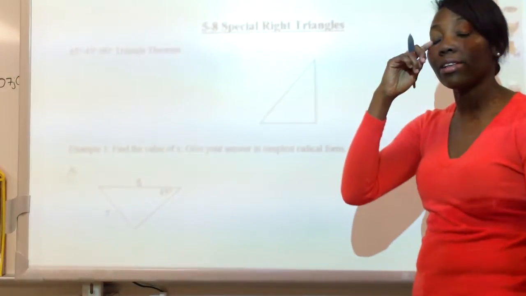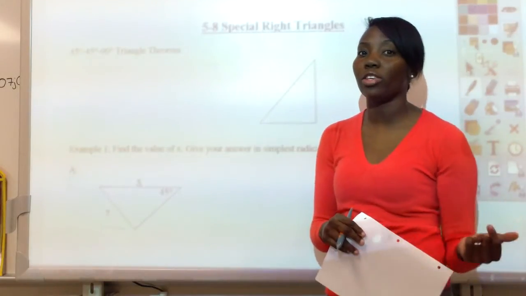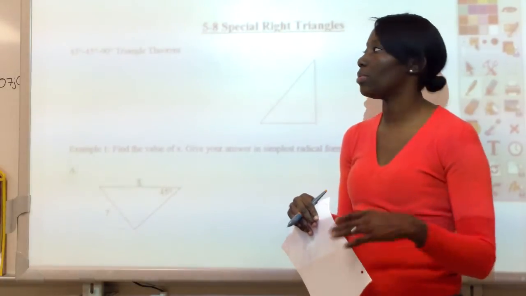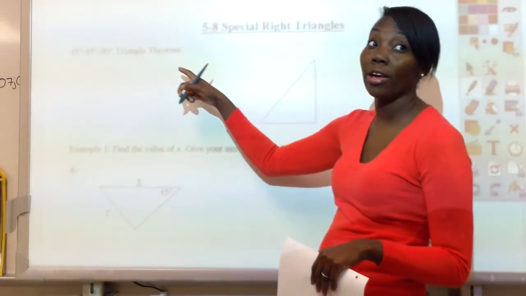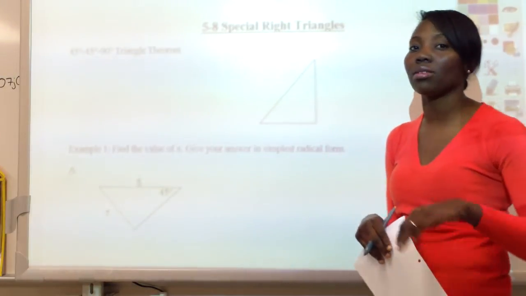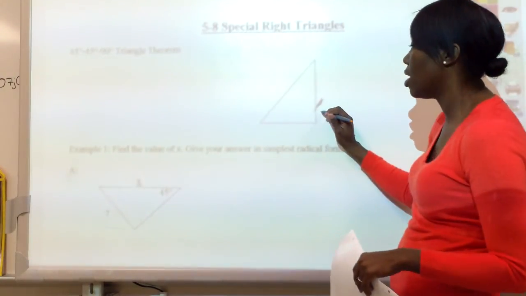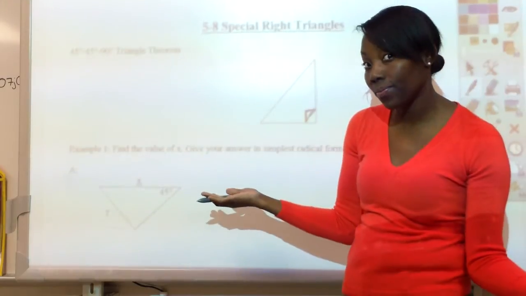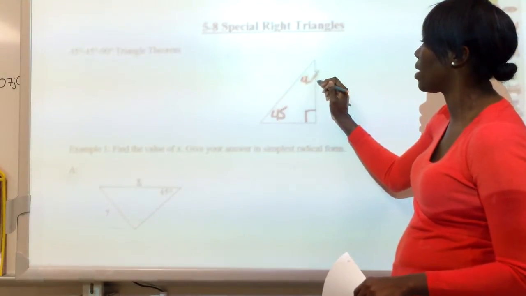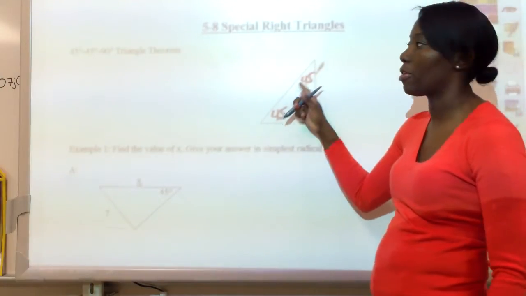Okay, today we're learning about special right triangles, and the next lesson will be in trig. The first special right triangle is a 45, 45, 90 triangle. The triangle sum theorem tells us that the sum of the angles in a triangle is a total of 180 degrees. This is a special one because if this is 90, then the other two are 45, 45,